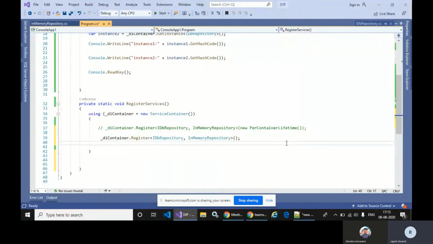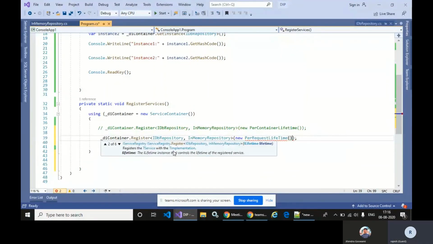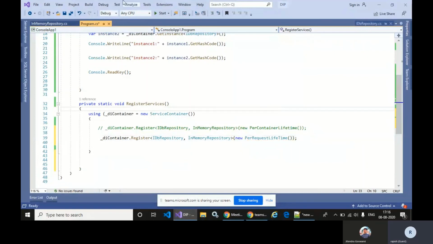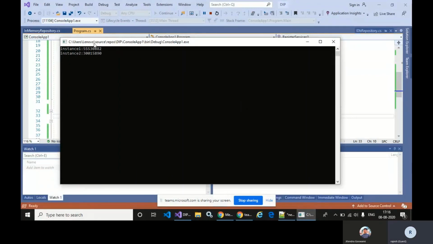Though by default it creates a new instance on each and every request, we should make it explicit. So for that we choose PerRequestLifeTime. Here you can verify that a new instance is created for each request. So explicit is better than implicit. Now let's rerun it. And here you can check that on each request it creates a different hash code, meaning a different class instance.